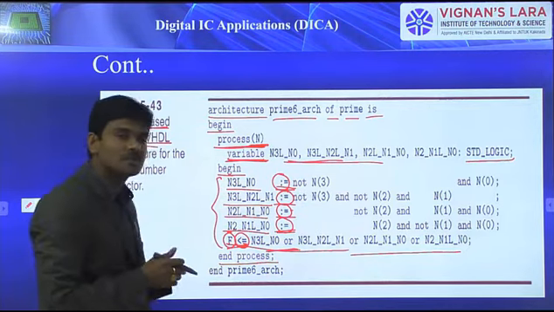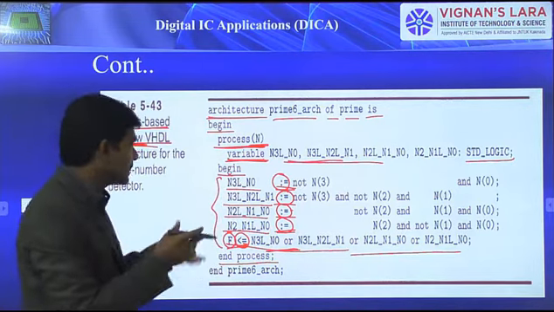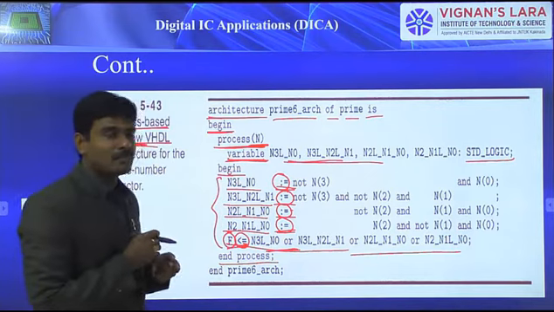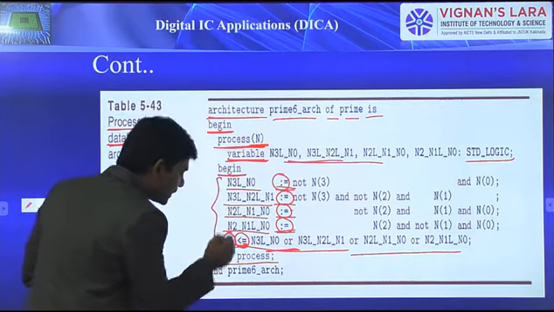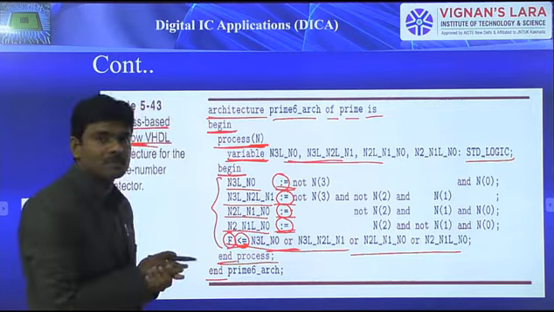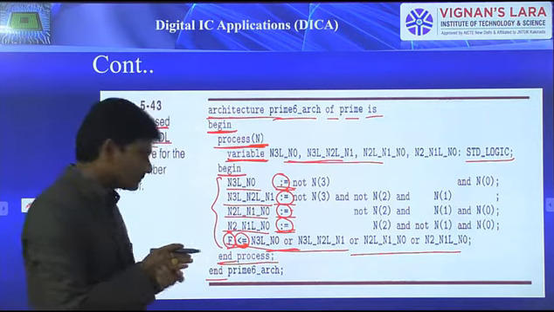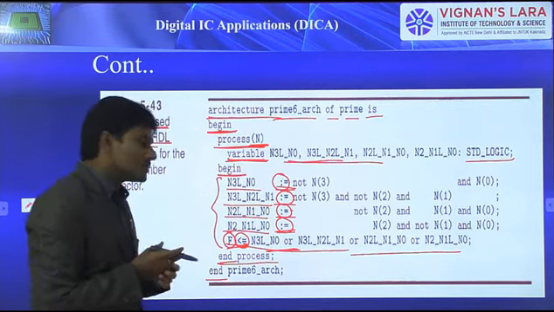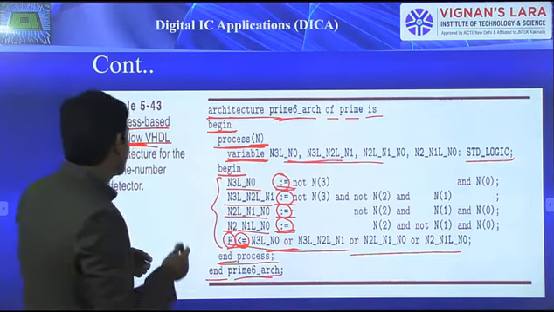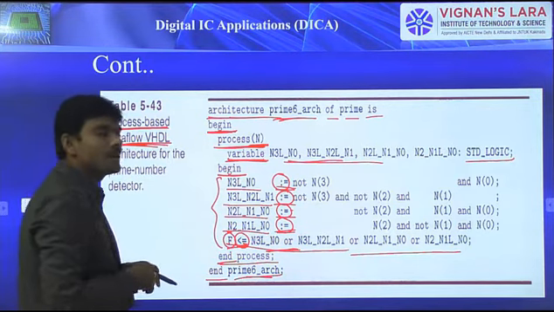Next we are supposed to close this particular body by writing the keywords end process. With that we can close the process body, and after closing it we are supposed to close the architecture as well, because wherever you mention begin, to terminate it we must write end. Here for the process I mentioned begin, so this is the end. And once again I mentioned begin for the architecture, so that also must have an end. After end process we are supposed to end the architecture as well, indicated with end, followed by the architecture name. So this is how to write a process based data flow VHDL architecture for the prime number detector.